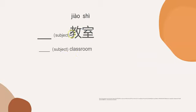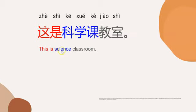And here we are going to talk about classroom. If you want to talk about a specific classroom, you need to add the subject in front of this word. In Mandarin, you will say 教室. You just put the subject in front of 教室, then we will know which specific classroom you are talking about. If you want to say science classroom, how to say science? 科学课。Then how to say classroom? 教室。So science classroom, 科学课教室。